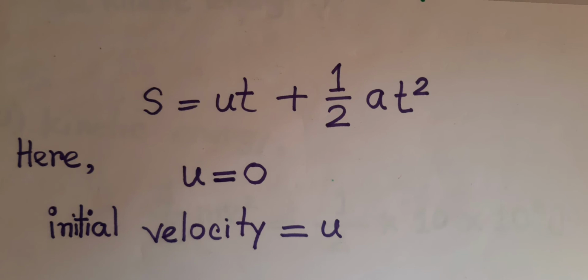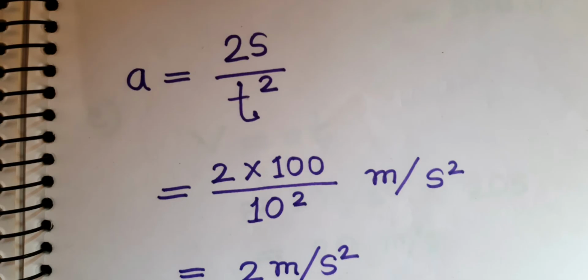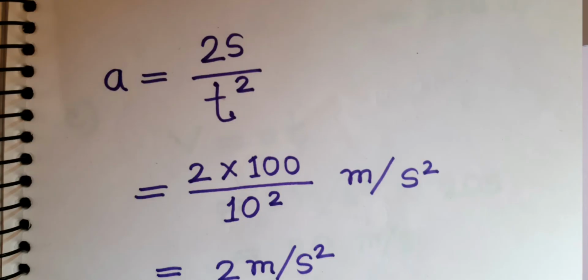Whatever we got, we just put it in and use a calculator. So u equals 0, that is the initial velocity, and a equals 2s divided by t square. So 2s is 200, and t square is 10 square, so 2 meter